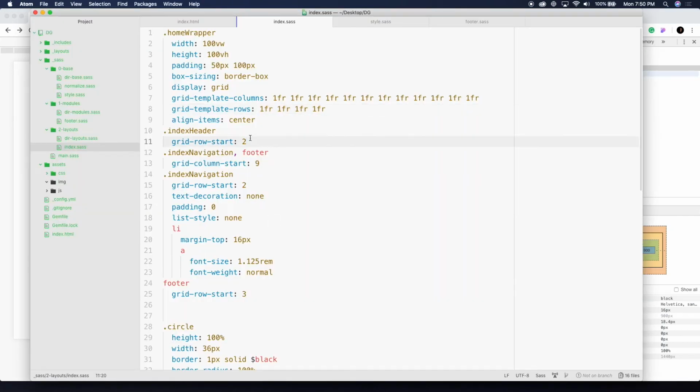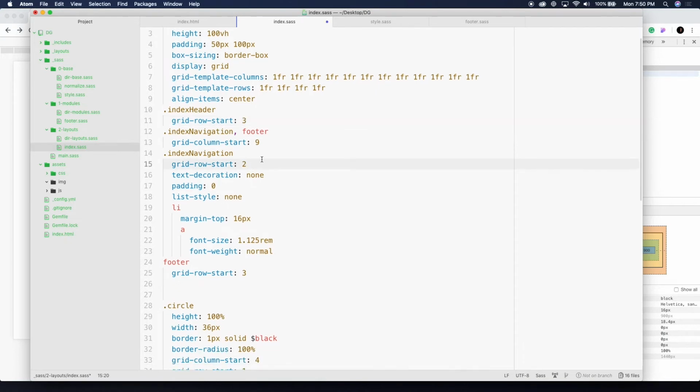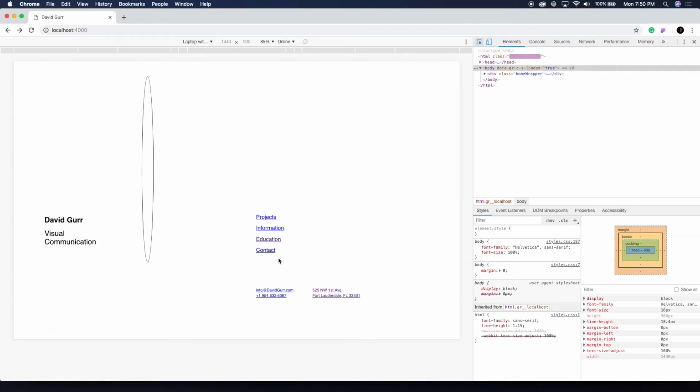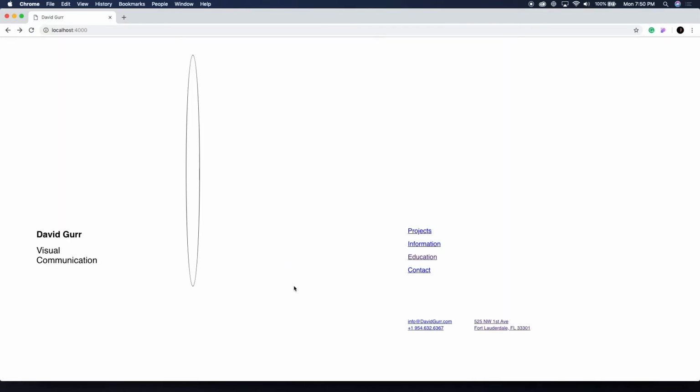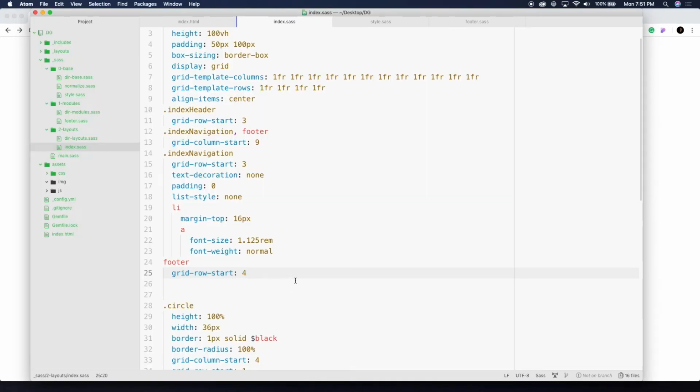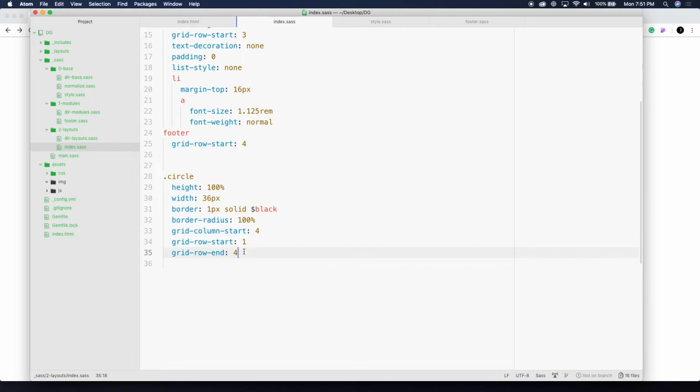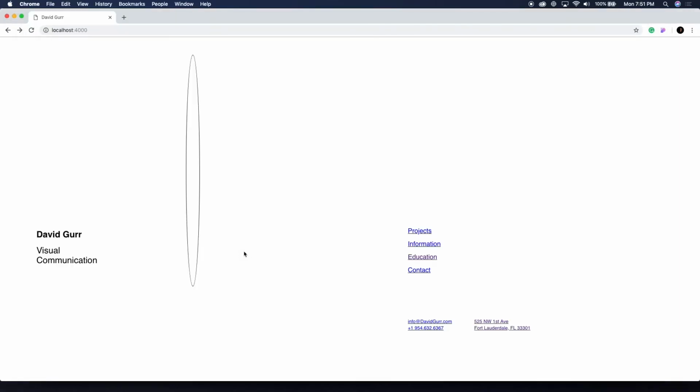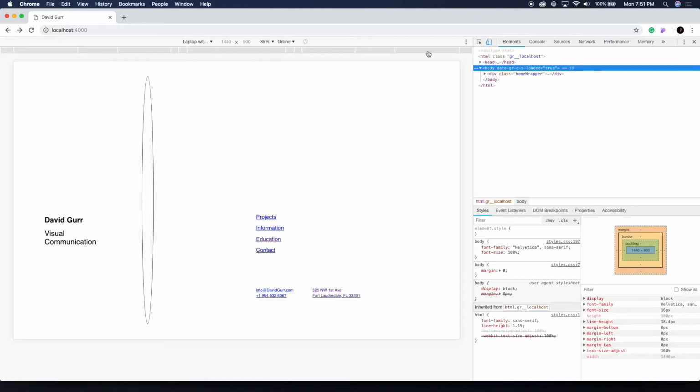So it should be a matter of just increasing these numbers. And then the footer will go to 4. All right. The circle, though, does need to end on 5 now. All right. And then it looks like it's centering it